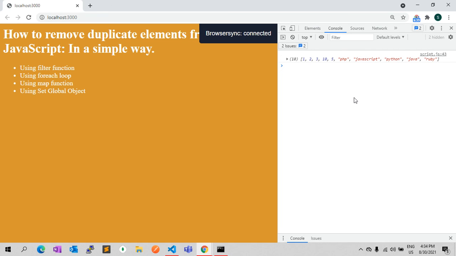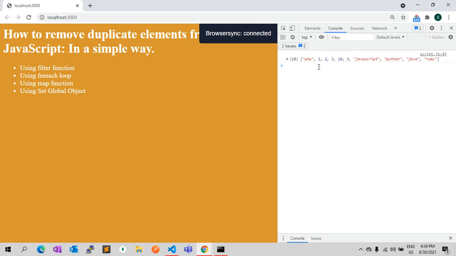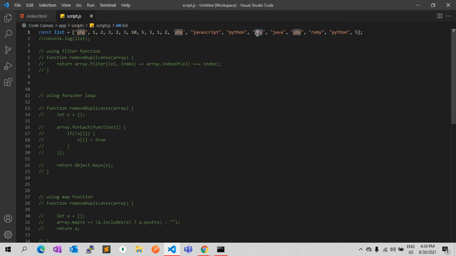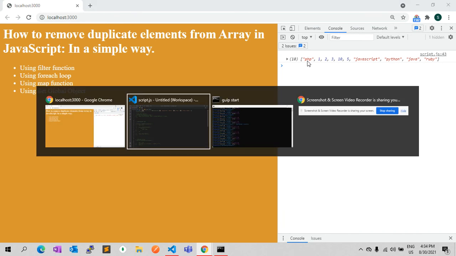it is also returning the same. The repeated elements are not there. Let's add PHP as a repeating element, and it will be only once. As you can see, there are 3 or 4 PHP elements in the array, but in the response you will get only one.